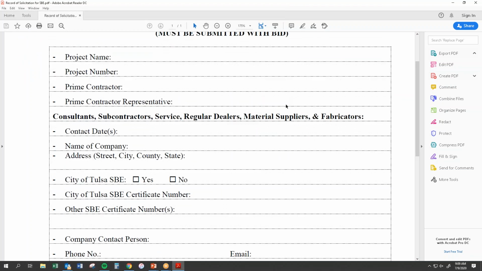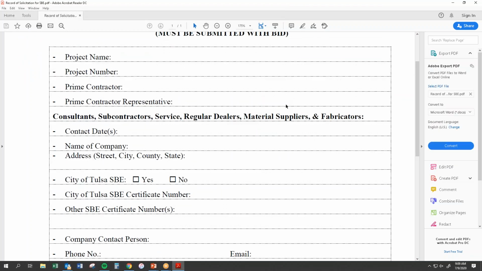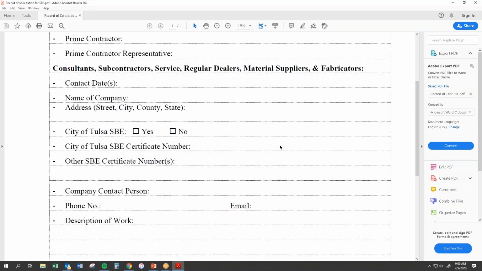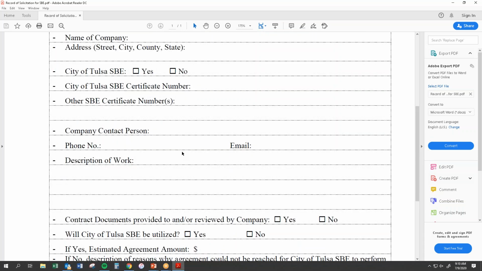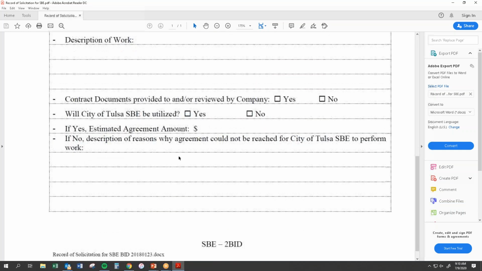So if you look at the top, they'll go ahead and list the project information. They'll talk about the subcontractor information, about when they contacted you, whether you're an SBE member, your SBE number, and your contact information, description of work. As we go down here,